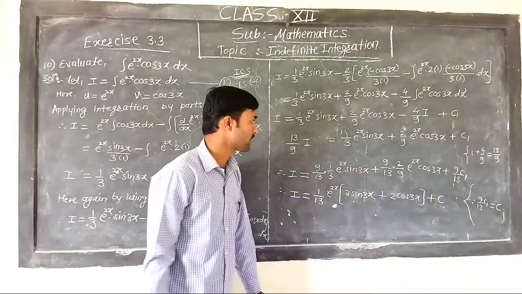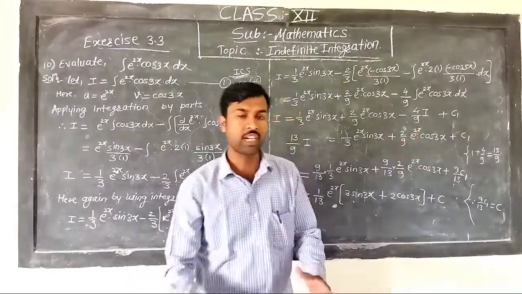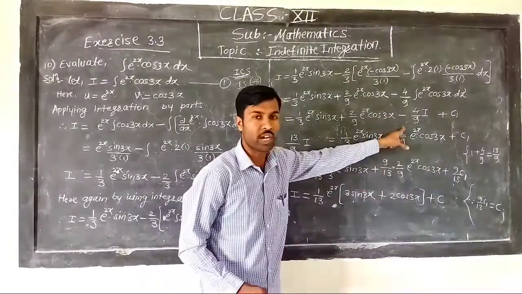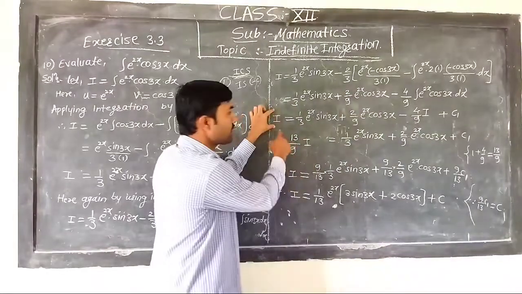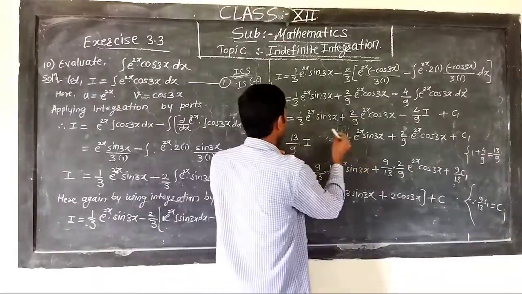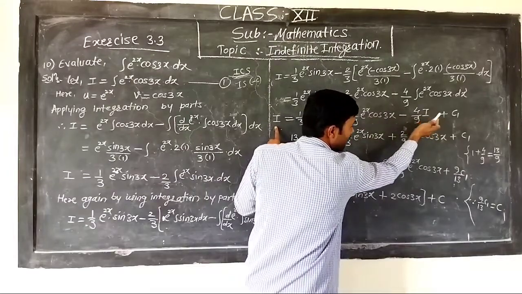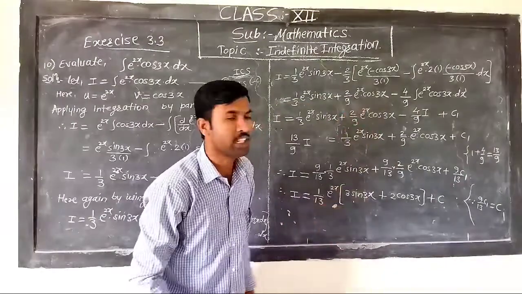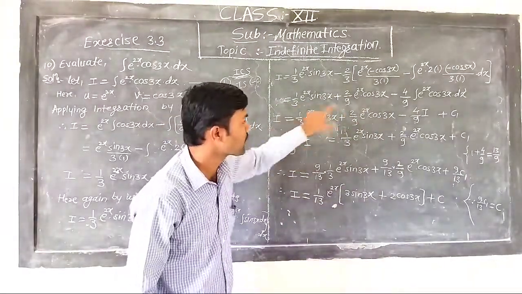Now friends, in the next step, we have to find the answer for I. So this is also an I term, so I take this term to the left hand side, and the left hand side is our I. So if I take this right hand side term to the left hand side, it will be I plus 4 by 9 into I. I take I as common, and 1 plus 4 by 9.